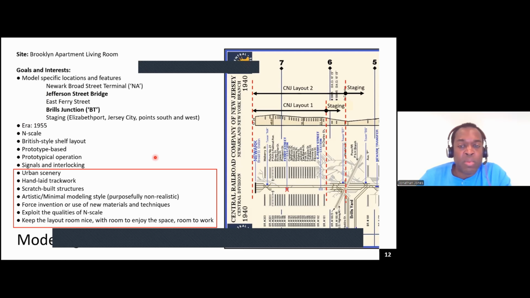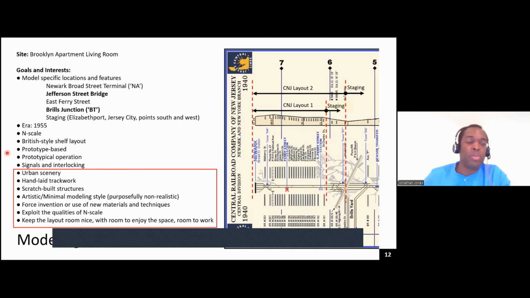But what I want to mostly draw your attention to is what's in this rectangle here, which are the things that I really enjoy about model railroading, and that I wanted this layout to cater to specifically. As you go along, you'll see that these items, the urban scenery, hand laying track, and the opportunity to scratch build unique structures, are all things that I wanted to